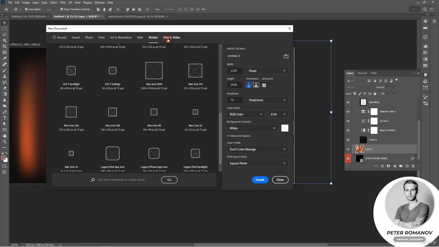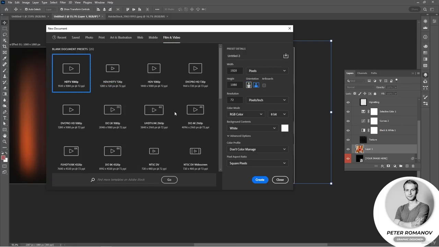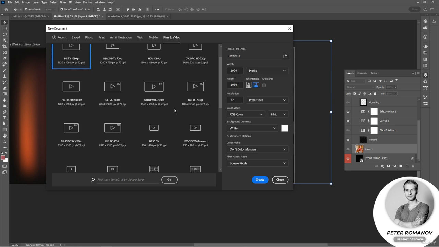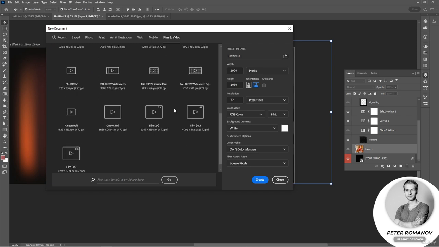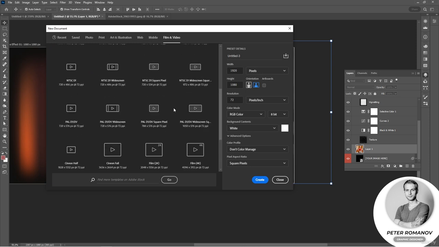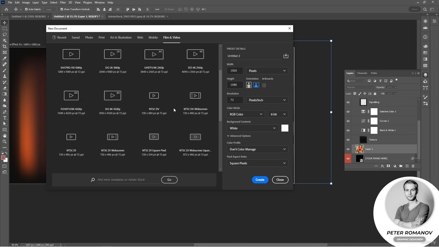And the last tab is movies and videos. The principle of orientation here is exactly the same as the previous versions. That is, you choose from ready-made presets and can, if necessary, edit some other elements to them, or you can use such ready-made things. That's all about this document creation window,